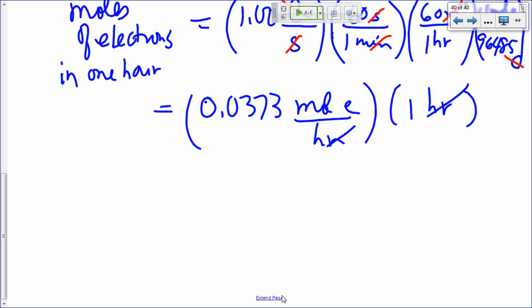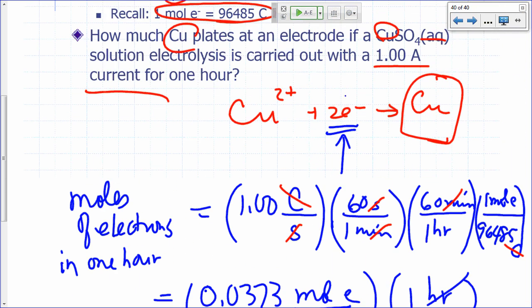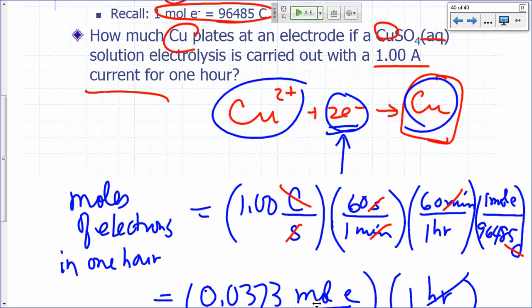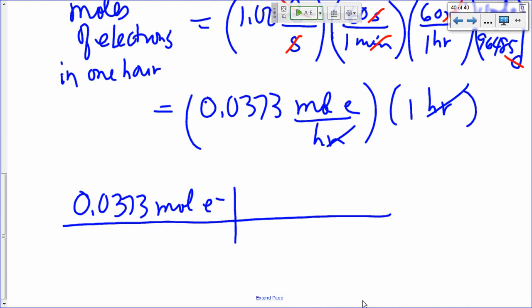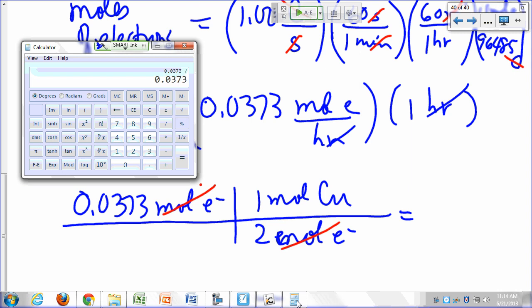So how do you calculate how much copper? 0.0373 moles of electrons. What's the relationship between moles of electrons and moles of copper? 2:1, right? 2 moles of electrons per mole of copper. So 1 mole of copper is made every time you use up 2 moles of electrons. That cancels out. So that gives you how much? 0.0373 divided by 2. 0.0187